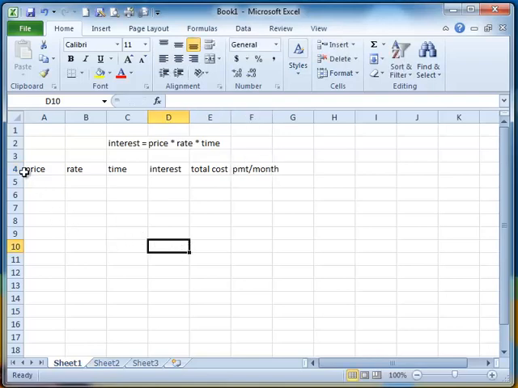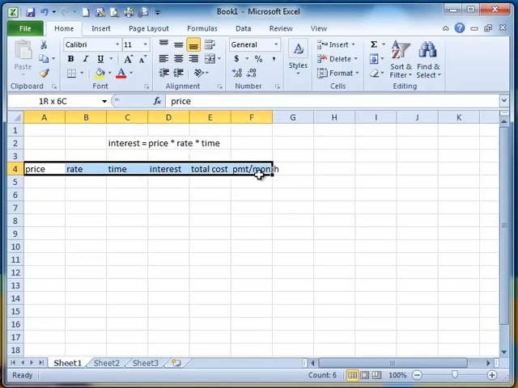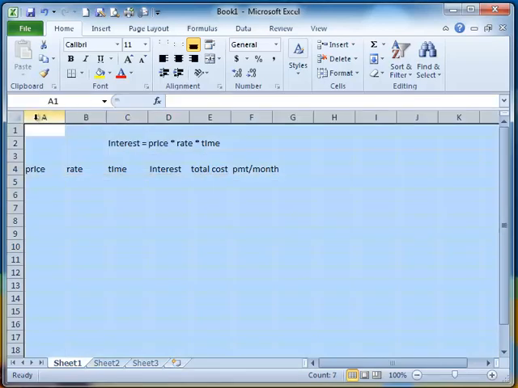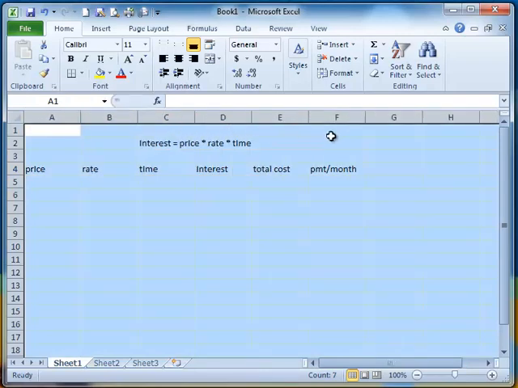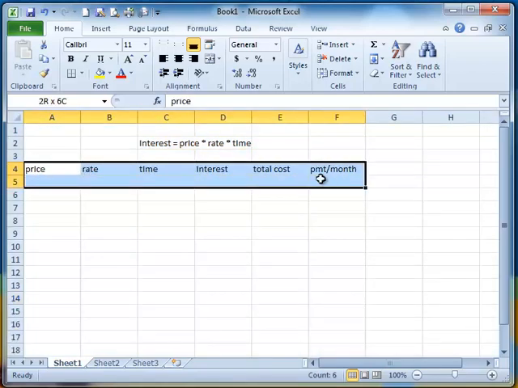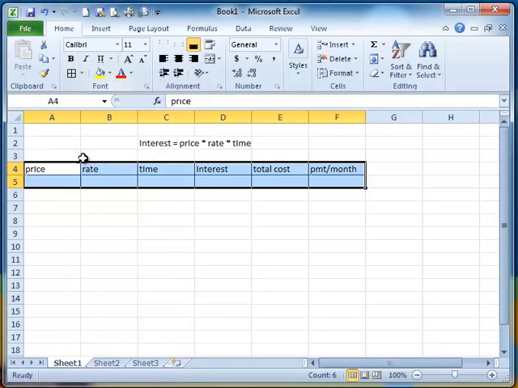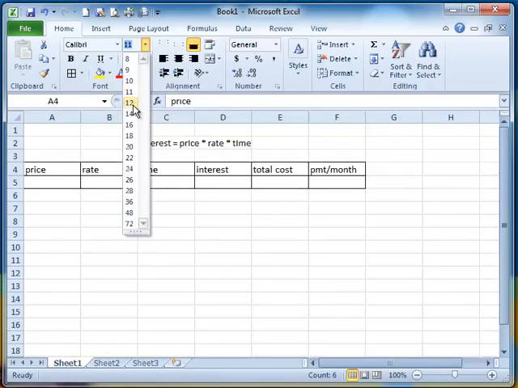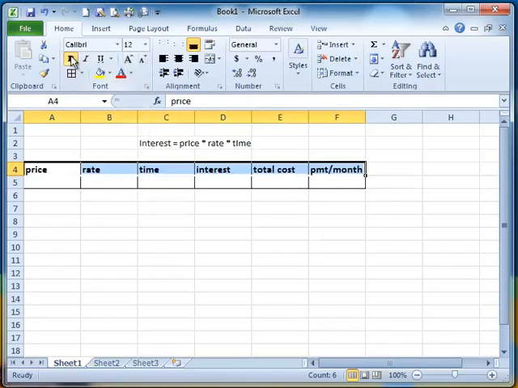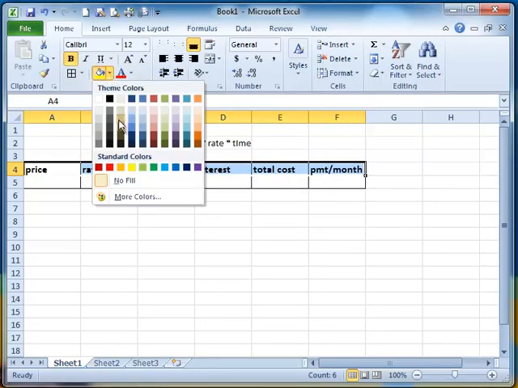In a spreadsheet, we can change the spacing of each cell. If I click over here and then take this, you can see my cursor changing, and that'll space out the cell width a little bit. We can also create a table here and put some borders on it with this little guy here. We can also change the size of the font here and make it bold, and we can also create a nice